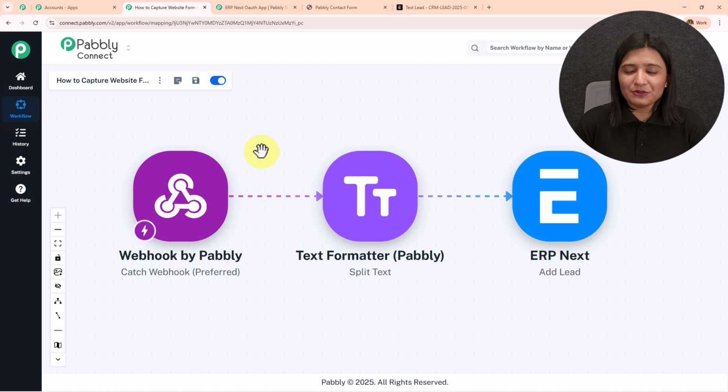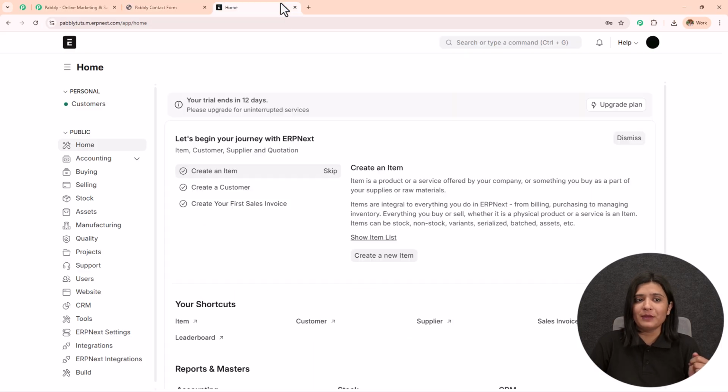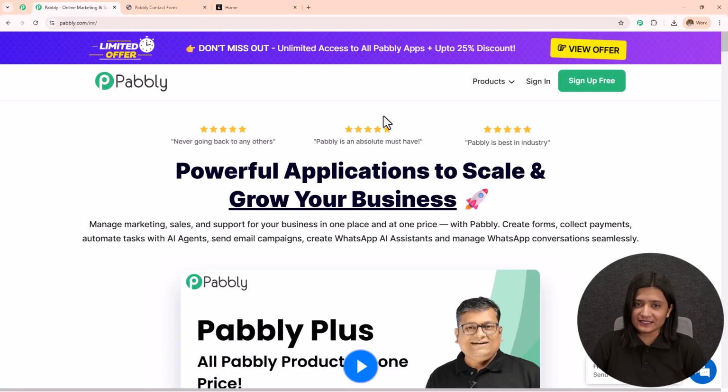And now to learn how to create this, let's start creating this from the beginning. So here in this video, I'm going to show you how you can connect your website form to ERPNext using Pabbly Connect. And for this, we are simply going to create integration between these two, my website form and ERPNext, using Pabbly Connect. So this is the landing page of Pabbly, and you can visit this simply by typing pabbly.com